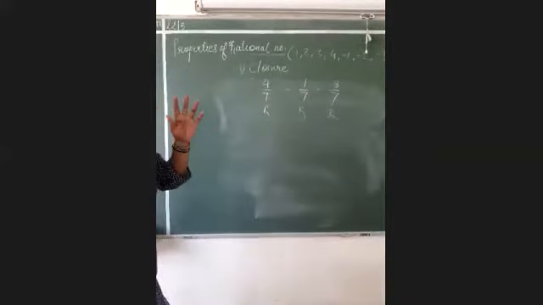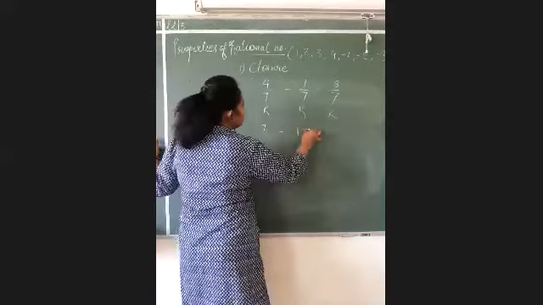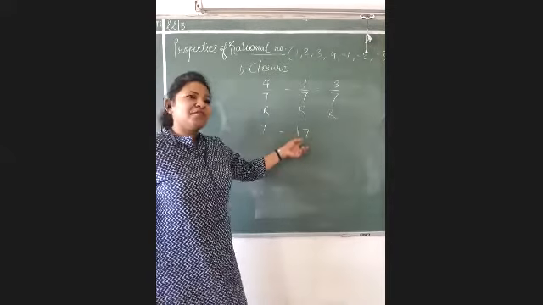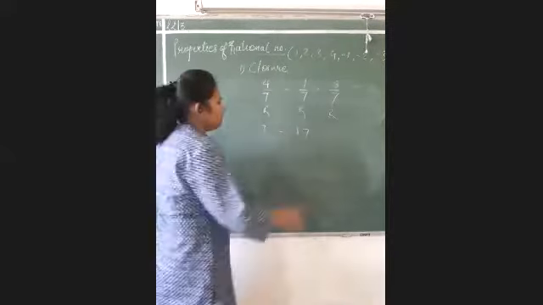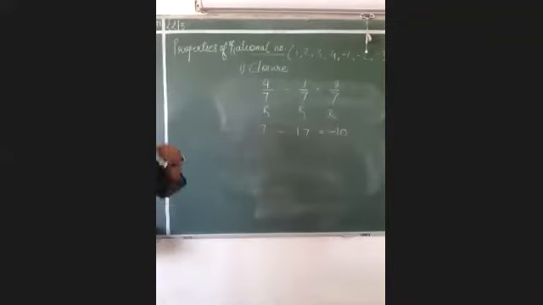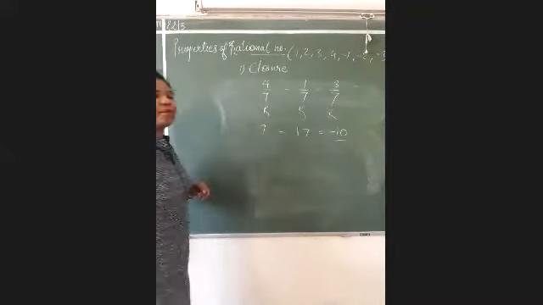If suppose I take numbers like 7 minus 17. Now see, this is the smaller number, and the number I am subtracting is the greater number, but then what I will get is minus 10. This is again a rational number only, because rational numbers include negative numbers as well. So remember, when you subtract two rational numbers, you will again get a rational number only.